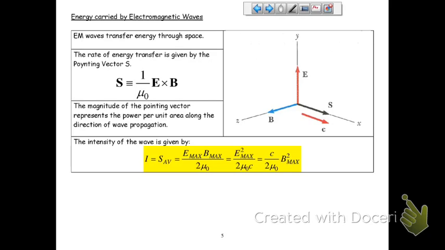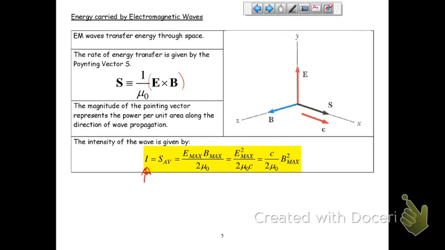And they affect each other, and we can define this thing called the Poynting vector. We made up area vectors, we can make up a Poynting vector. P-O-Y-N-T-I-N-G, not pointing, but Poynting. It kind of points as well, but it tells you the direction in which the light goes. Basically, we can say that S is defined as 1 over mu naught E cross B. The magnitude of the Poynting vector represents the power per unit area along the direction of propagation. So it's the intensity. Power per unit area is intensity. So this is the intensity of the light.